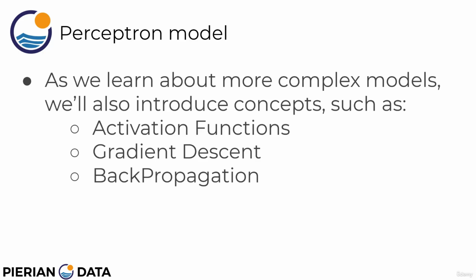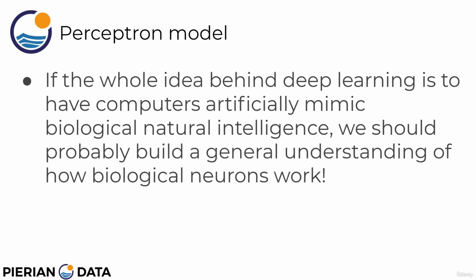So as we learn more about complex models, we'll also introduce some key mathematical concepts to the actual mathematical functionality of those neurons, and that is things like activation functions, gradient descent, and backpropagation. But for right now, we're going to focus on just building out that single perceptron model based off a real biological neuron. So, if the whole idea behind deep learning is to have computers artificially mimic biological and natural intelligence,